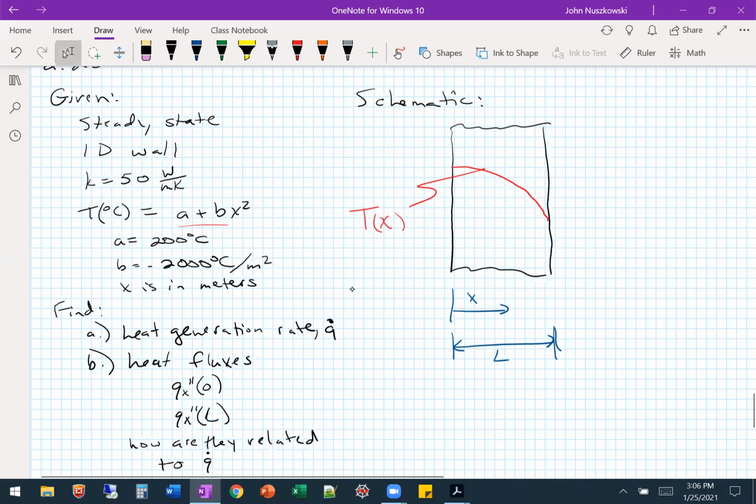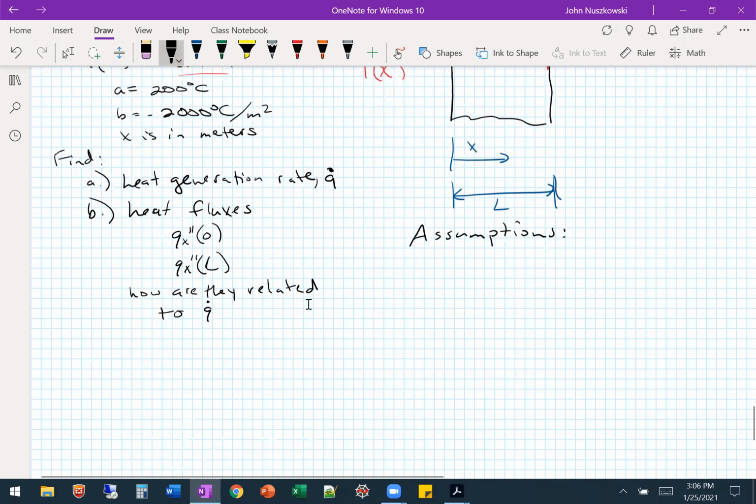So let's do assumptions first. For part A, we need to find the heat generation rate. So where do we begin to get that? Start off with the COE. COE? Okay, we can go that route. There's actually two ways to do this. Okay, so if we go with the COE,